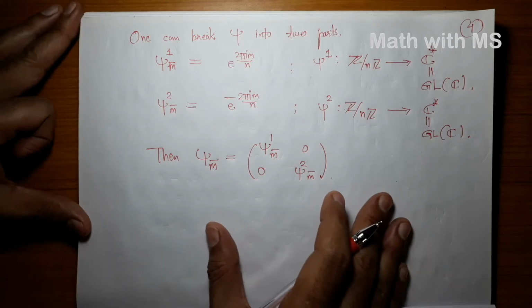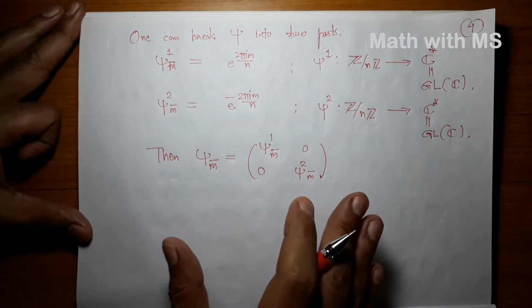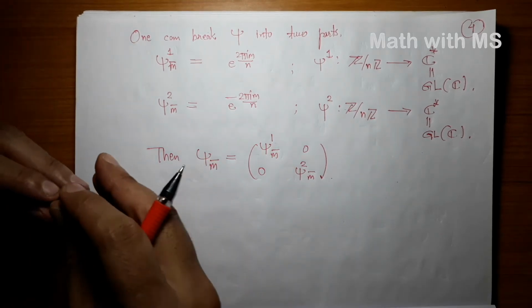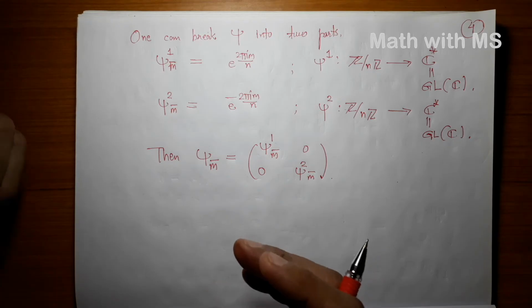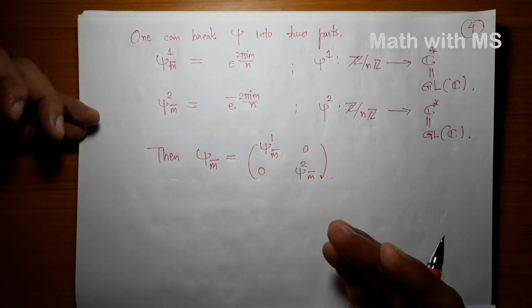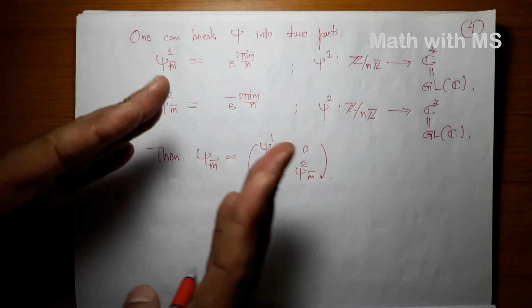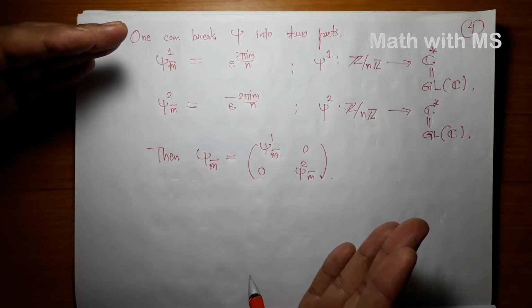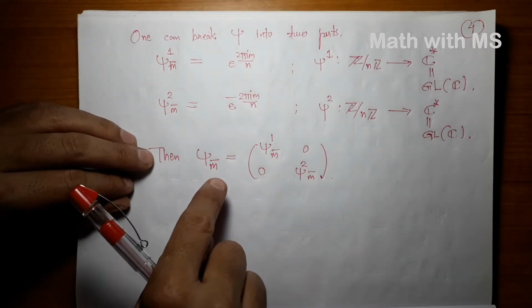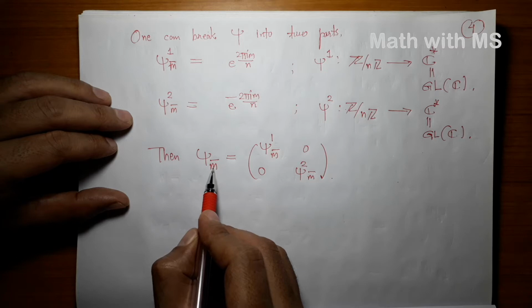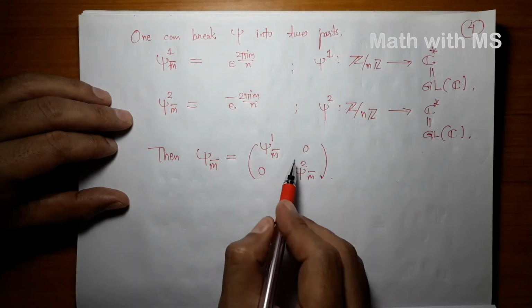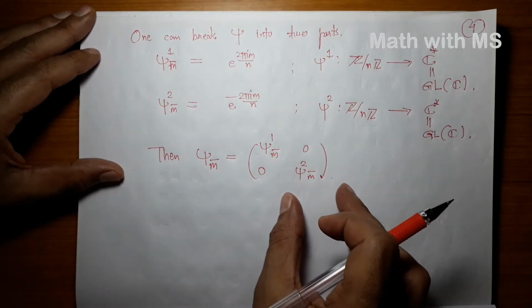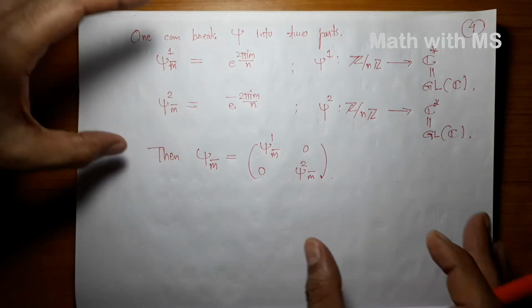So this is what we really desire to do for an arbitrary representation of a group. Given a representation of a group into GL n of C, for some n, we want to be able to decompose it as a sum of sub-representations, or in terms of matrices, we want to write the matrix at each group element as a block matrix. This is what is called the sub-representation decomposition of the given representation.